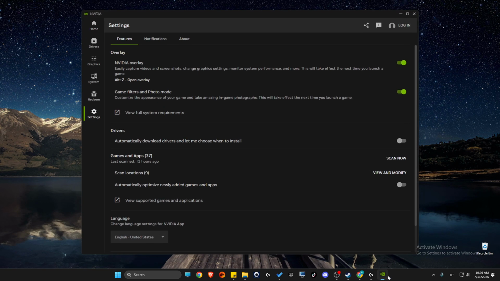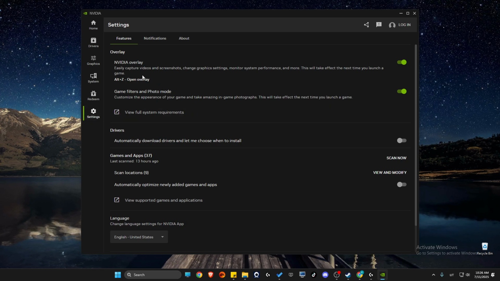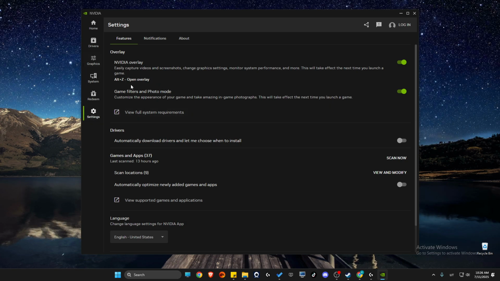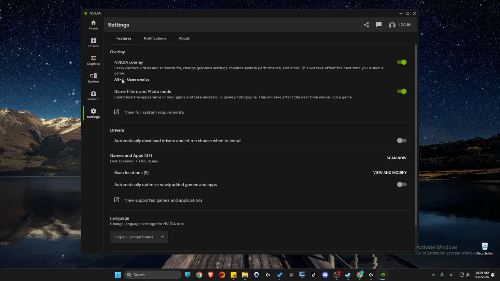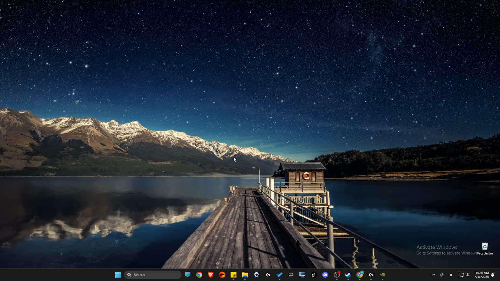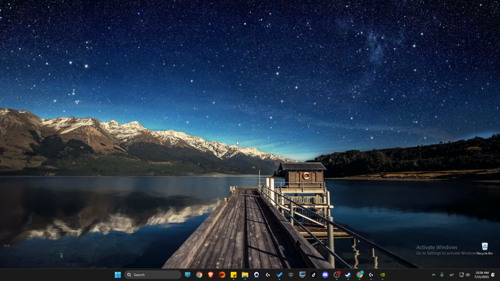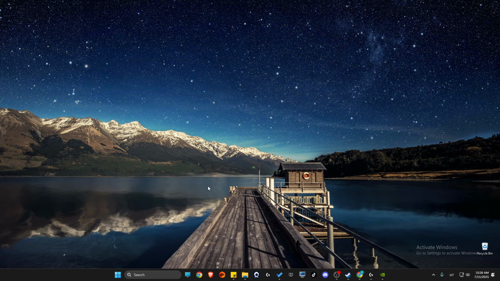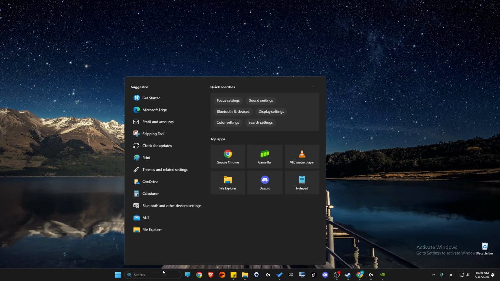First of all, you need to open up the NVIDIA app, then go to settings and then go to NVIDIA overlay and make sure overlay is enabled. As you can see here, I need to press Alt+Z to enable overlay. Then what you need to do here is to launch FiveM, and after you launch it, you just need to quickly press the NVIDIA overlay shortcut, which is Alt+Z, and I will show you what you need to do next. So open up FiveM,